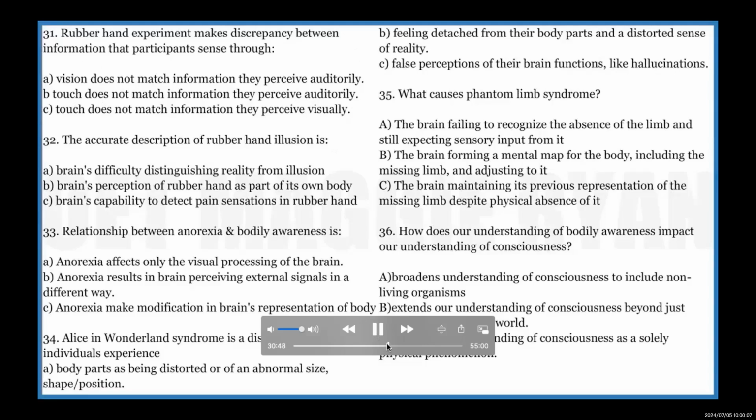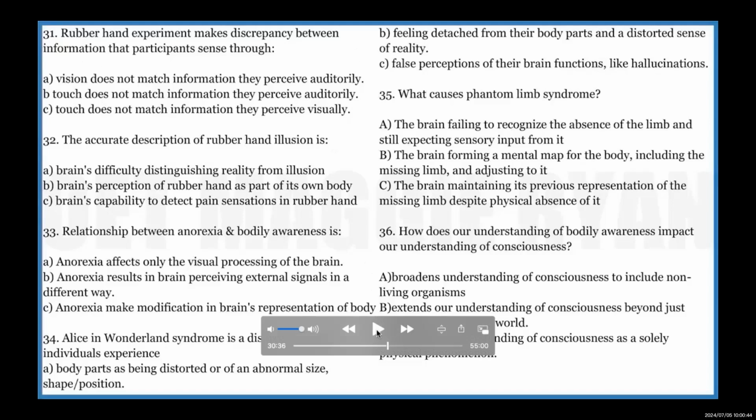For example, its temperature drops by fractions of a degree. Have you ever heard of the rubber hand experiment? Oh, yes. It's a famous experiment in which participants are made to think that a rubber hand is their own hand. Exactly. So, the participant's real hand is hidden from their view, and a life-sized rubber hand is placed in front of them. The experimenters then stroke both the rubber hand and the participant's hidden real hand at the same time, creating a discrepancy between what they see and feel, which tricks the brain